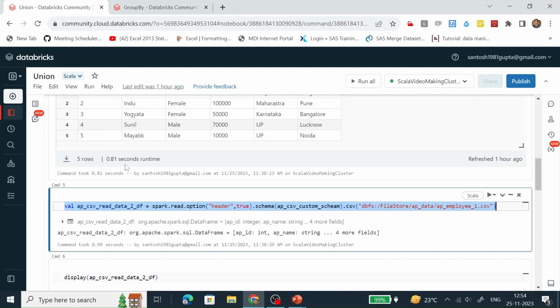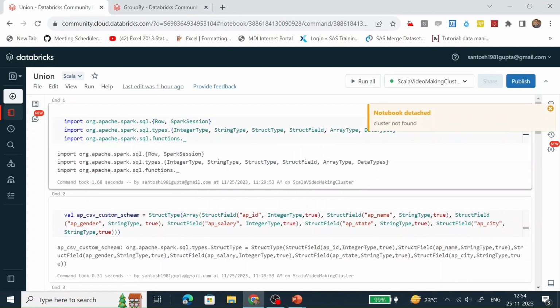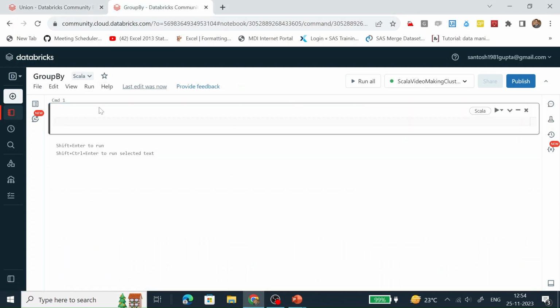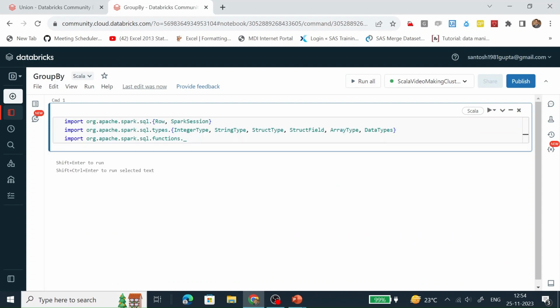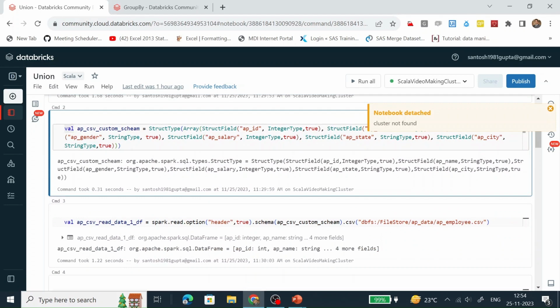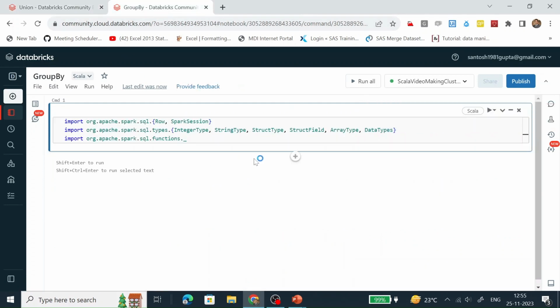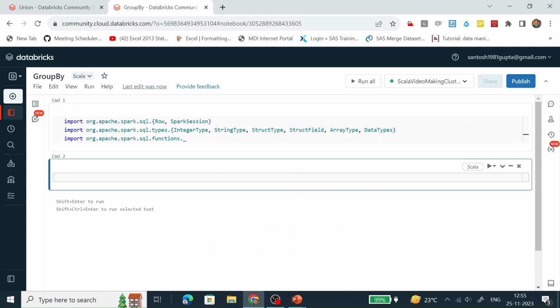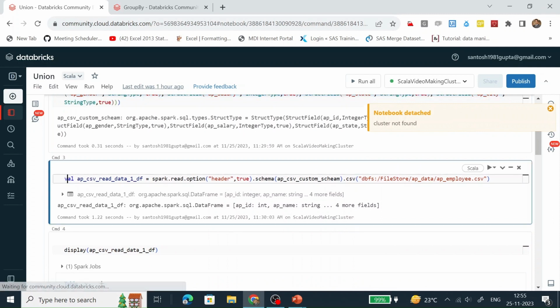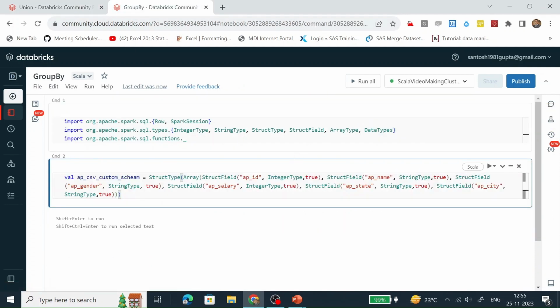Let's copy the code till creation of a data frame by reading a CSV file. This code will import all the required libraries. Here it is going to create the custom schema, not the data frame.